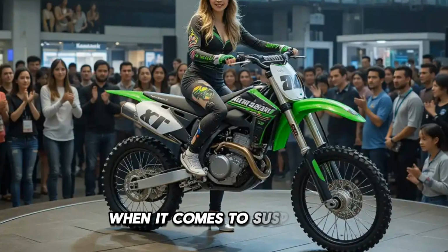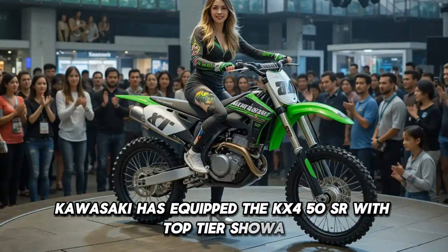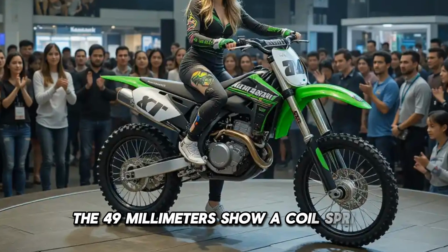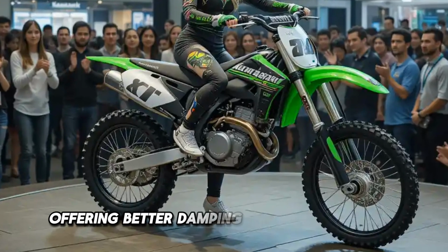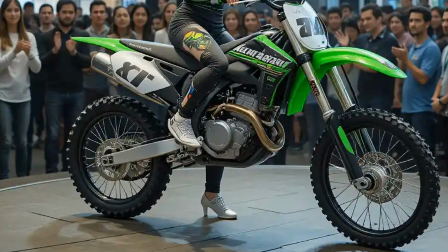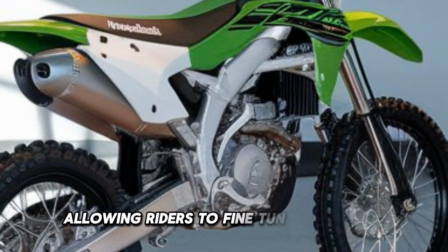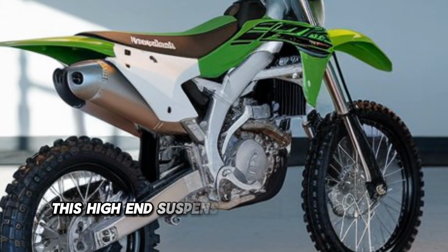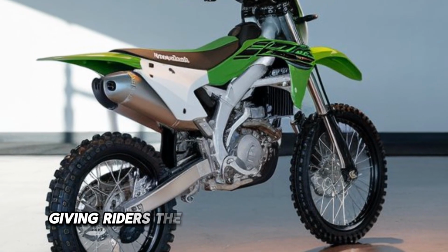When it comes to suspension, Kawasaki has equipped the KX 450 SR with top-tier Showa A-Kit technology. The 49mm Showa coil spring front forks feature factory-level internals, offering better damping, more adjustability, and smoother action over rough terrain. The Showa rear shock is also fully adjustable, allowing riders to fine-tune their setup for different tracks and conditions. This high-end suspension package is one of the biggest advantages of the SR model, giving riders the confidence to push